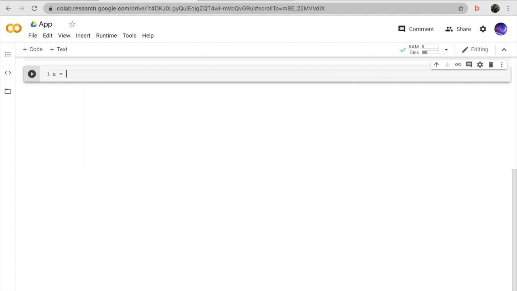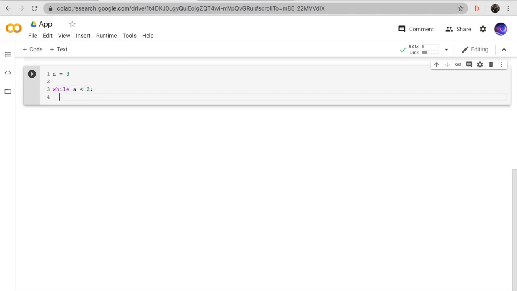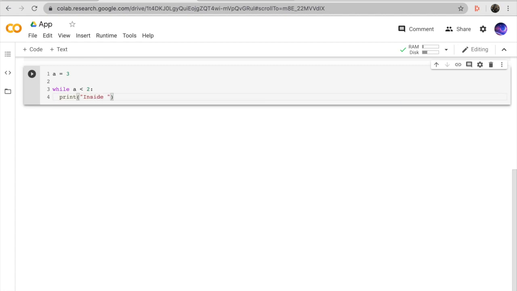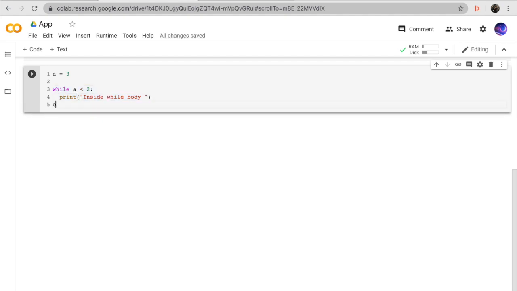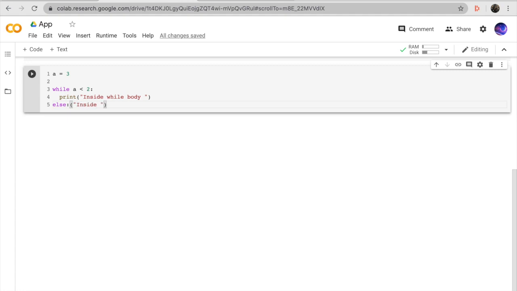We could say a is equal to 3, while a is less than 2, print "inside while body", because this will inform us that we're inside this while body and this while body is being run. Or we could say else, you could print "inside else